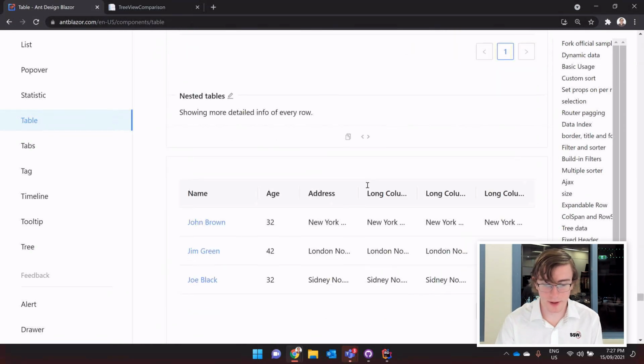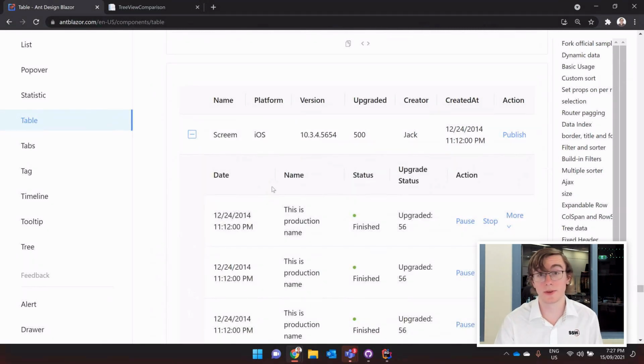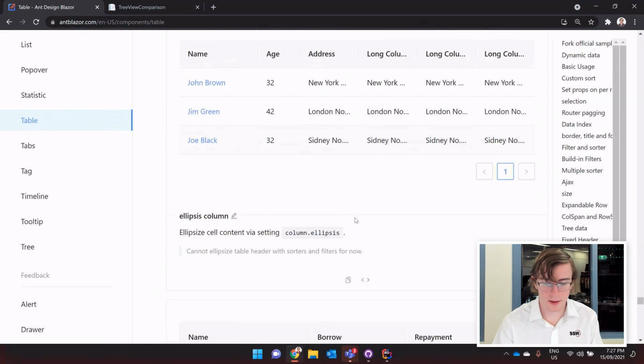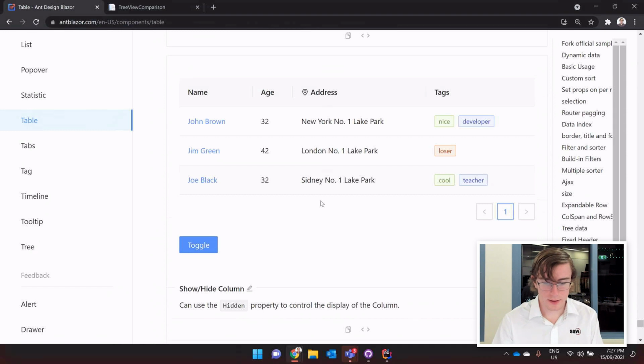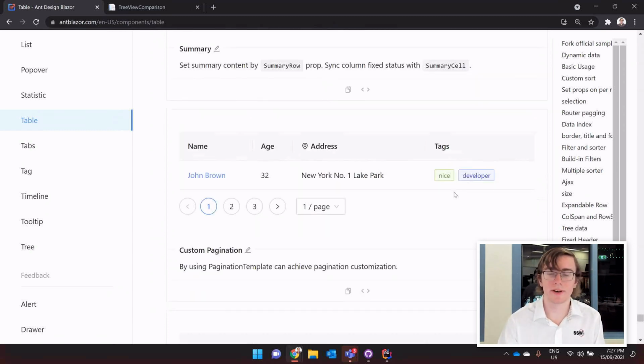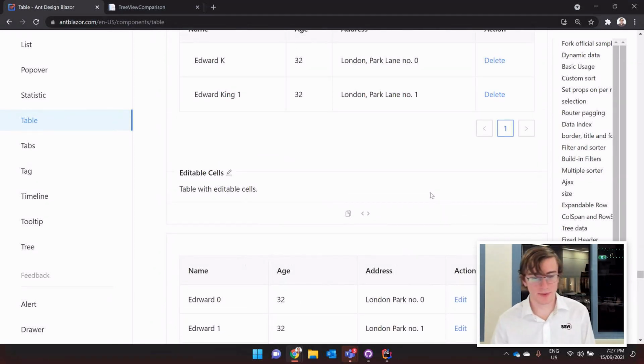So, you can have nested tables. You can display sub data with tables, which is very similar to a TreeView, but if you wanted to display more data, for example, this is a great way. And yeah, we can even show and hide columns if you like. It's a great thing. I think I've sold tables in the documentation, so I'll stop praising that part and let's jump into the next